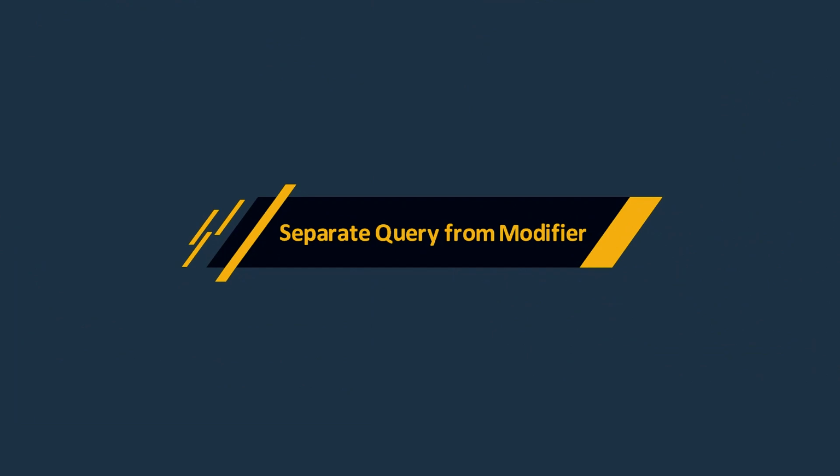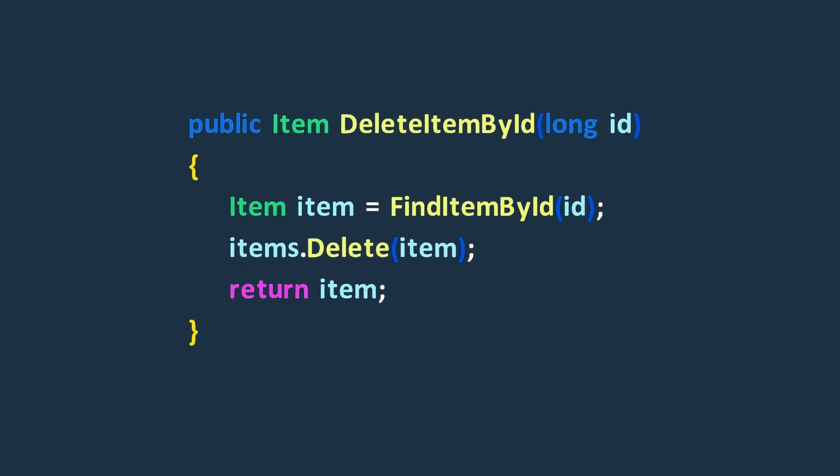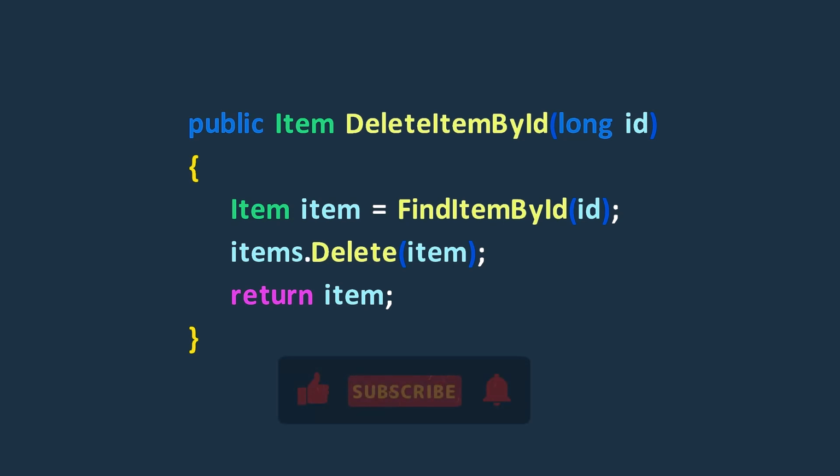Before concluding this lecture, it's important to understand that this technique, along with other refactoring techniques, are not absolute rules. For instance, we mentioned that the modifier should primarily focus on making changes without returning any values. However, there are cases where we perform a delete modifying operation and return the deleted item data as a result. In such cases, it's a good practice to return the deleted item data along with the modifying operation. Nevertheless, in most cases, we adhere to the separate query from modifier technique.